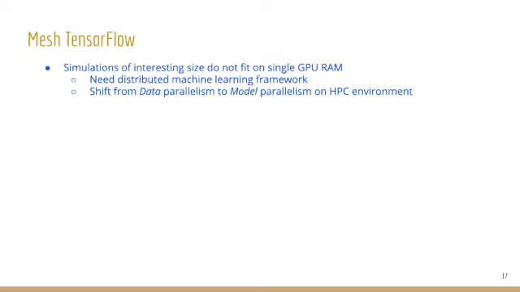But the thing is that it works on a single GPU so far. And a single GPU does not have enough memory to support things that you are interested in, like large scale inference. So this requires a distributed machine learning framework, and that will involve going from data parallelism to model parallelism. What I mean here is that mostly in machine learning, people just split their batches on different ranks, and that's the data parallelism to train the network in parallel.